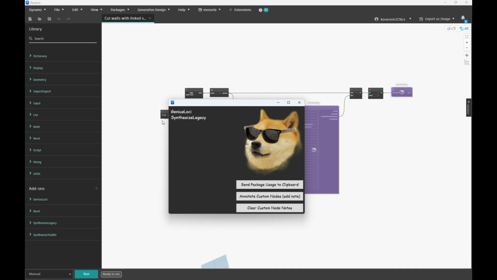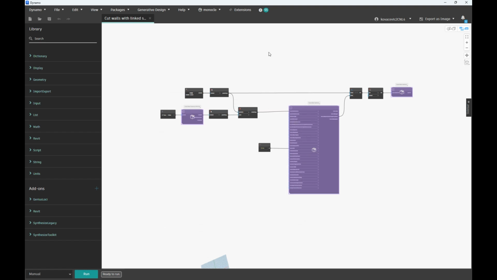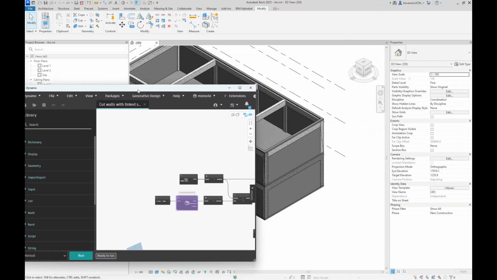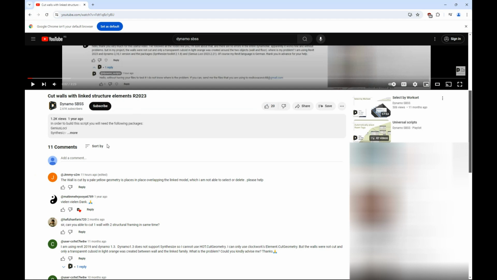else is to check if you have the most current version of those packages. That is in order just to avoid having red nodes when you open the script. But actually we will replace this legacy package with basically the same custom package but the current version. So I did have trouble running the script with this current version of Revit, and also today Jimmy created a comment. The script creates those yellow solids, but he cannot click on them and they will not cut